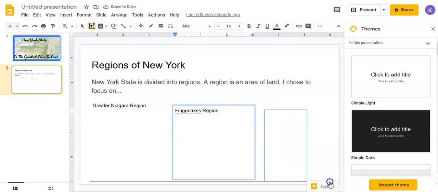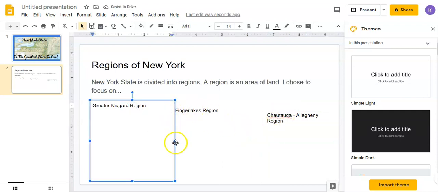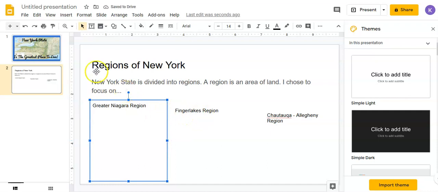And I did the Chautauqua-Allegheny region. Now, this is how I'm choosing to present the information. You don't have to do this like me. This is my choice. You can give me the information any way you want, but the information